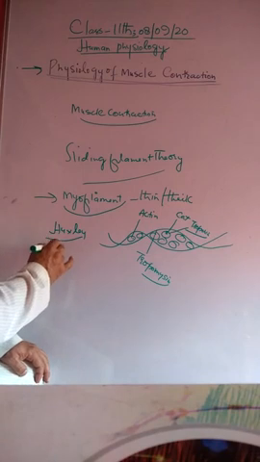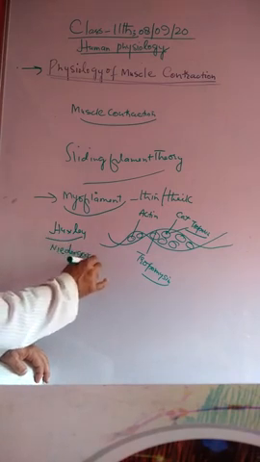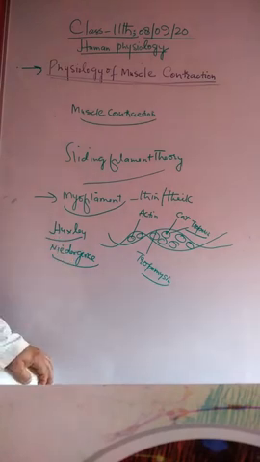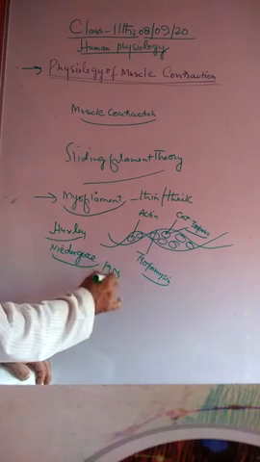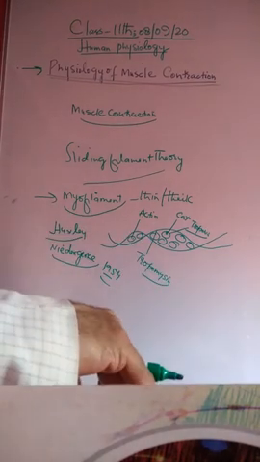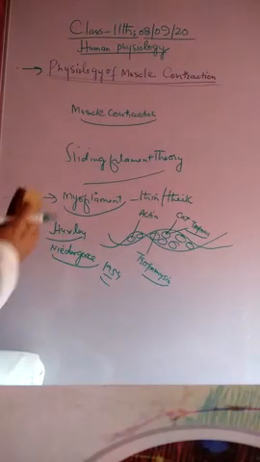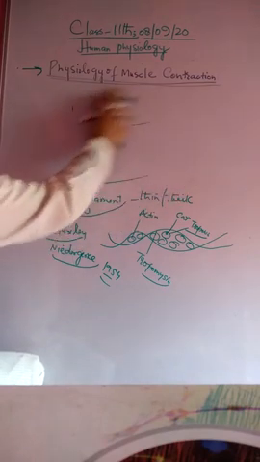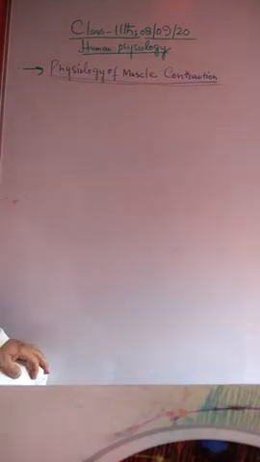And one more scientist is there, Niedergerke, and H. Huxley and Jean Hanson in England in 1954, who gave this theory as the sliding filament theory. It is well supported by experimental evidence. As per the experimental evidence which supports this sliding filament theory, one of the important factors is that there are